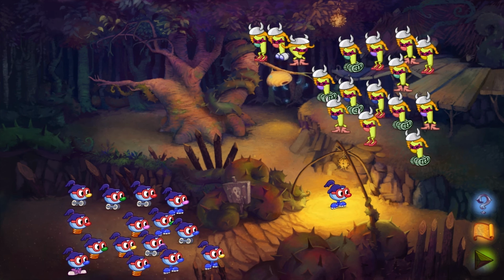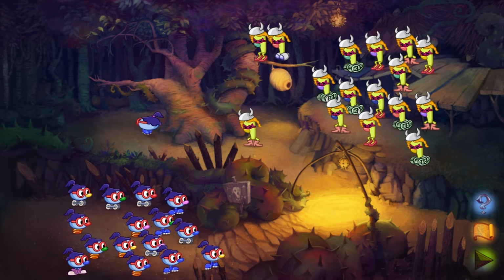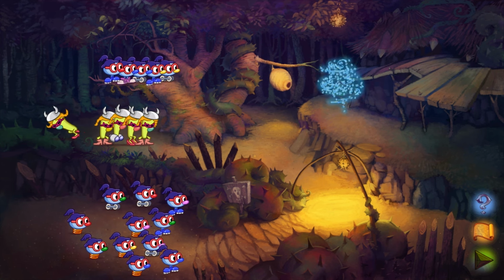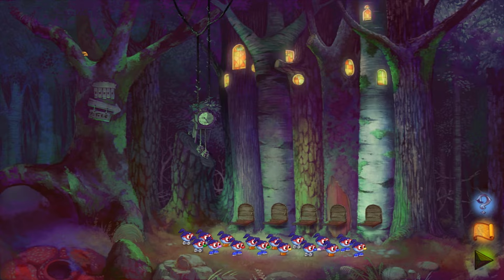The goal here is to figure out which features match up between Zoombinis and Fleens, and use that knowledge to shake the tree branch enough to send the bees after them. Let that be a lesson to you, children. Don't be a Fleen. After that, we head to a nice hotel where...